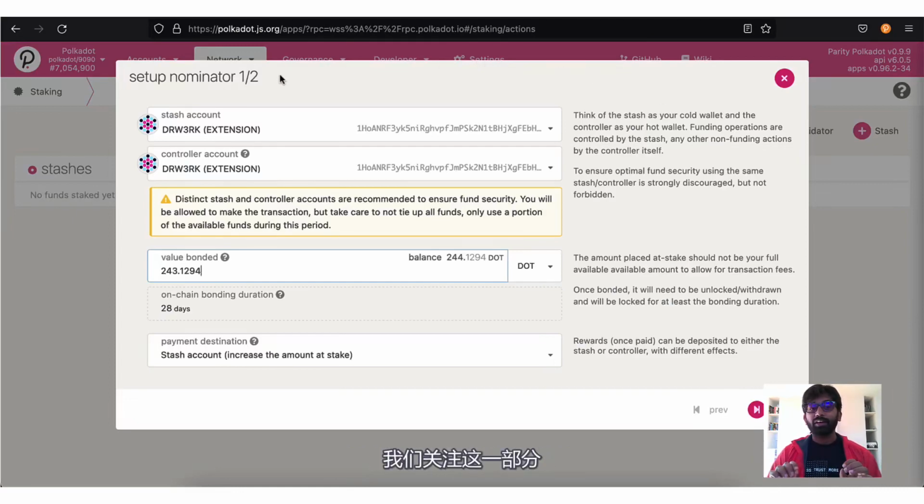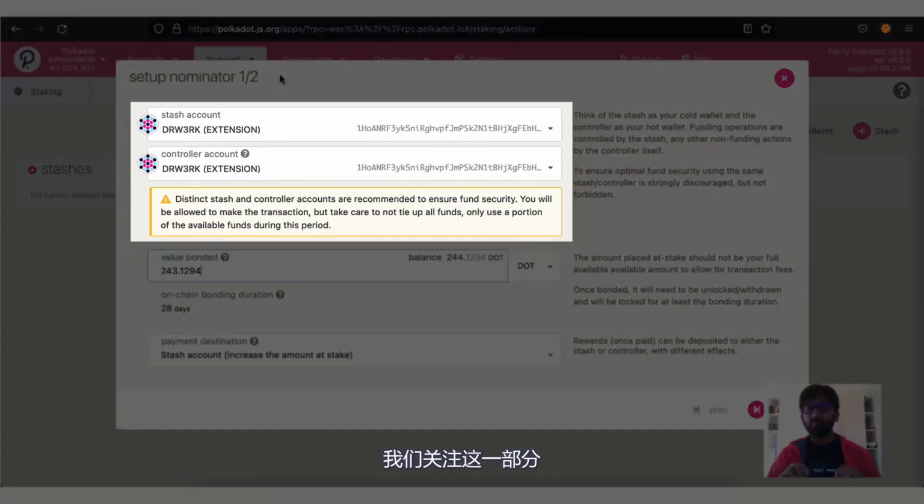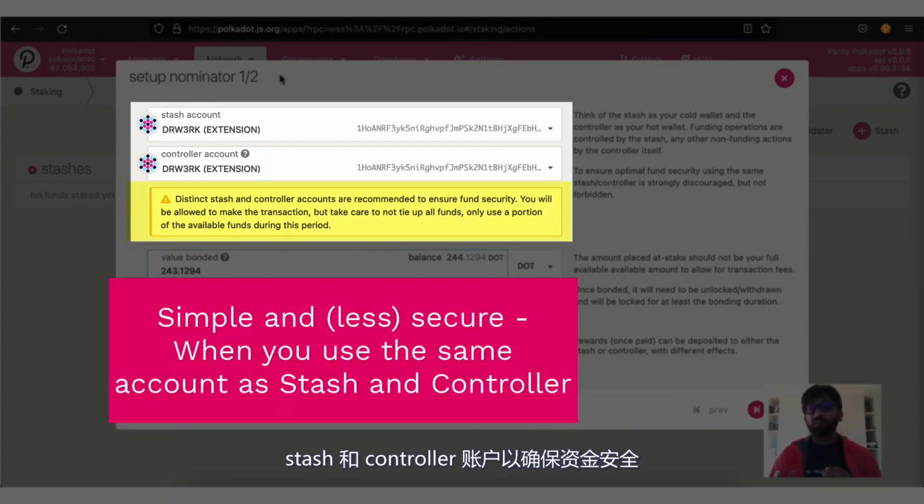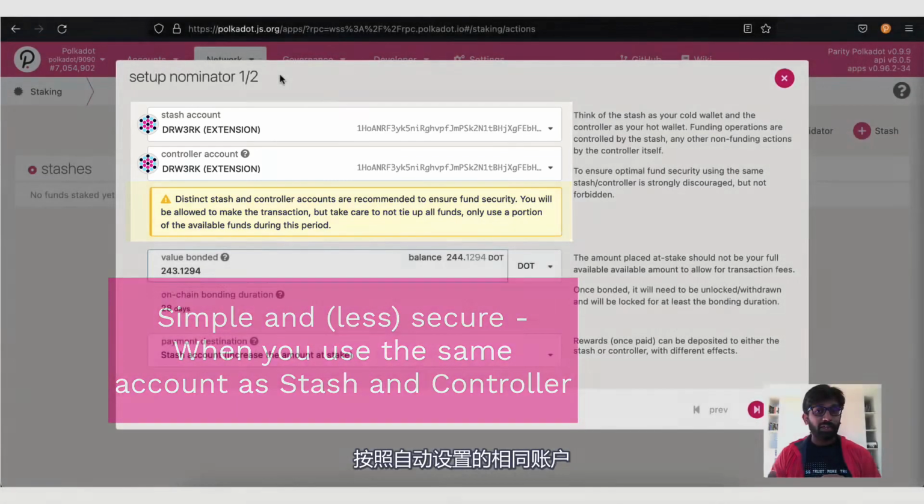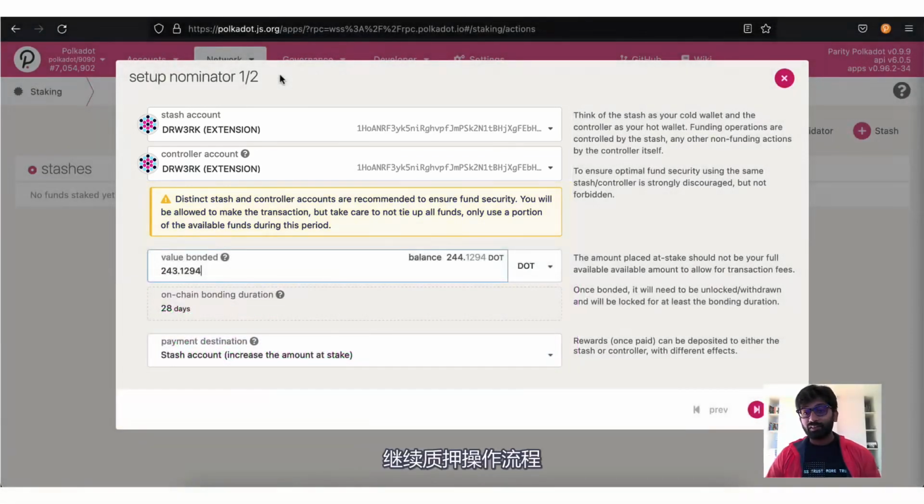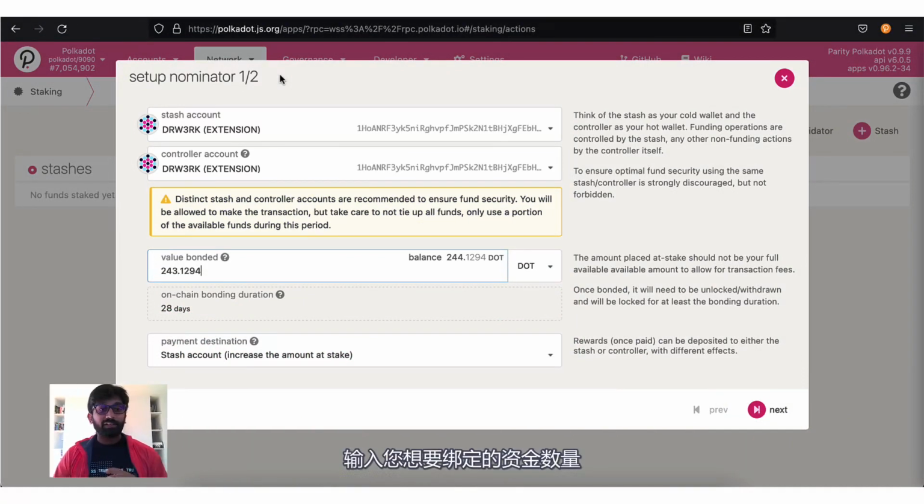Okay, so let me focus on this part where Polkadot.js already populated both stash and controller accounts with my one and only Polkadot account that I had in the Polkadot browser extension. And the note here says distinct stash and controller accounts are recommended to ensure fund security. You can ignore that for now, choose to keep them the same, continue with the staking procedure, enter the amount of